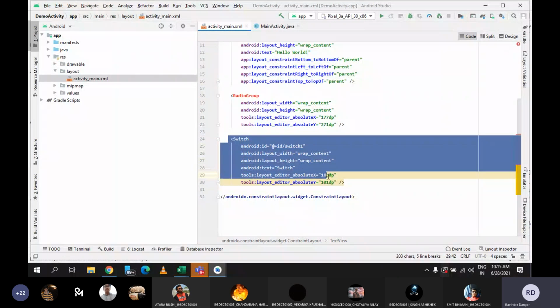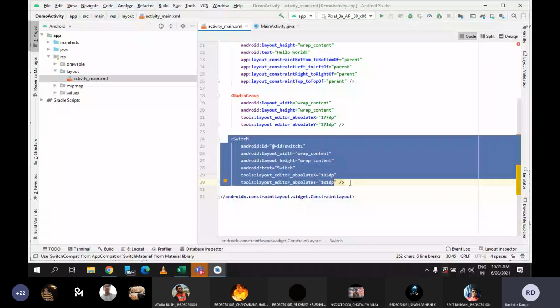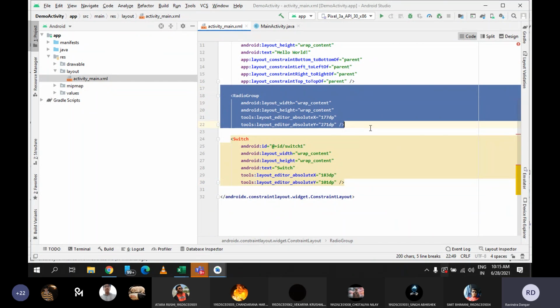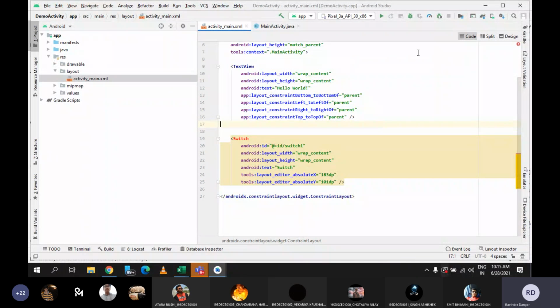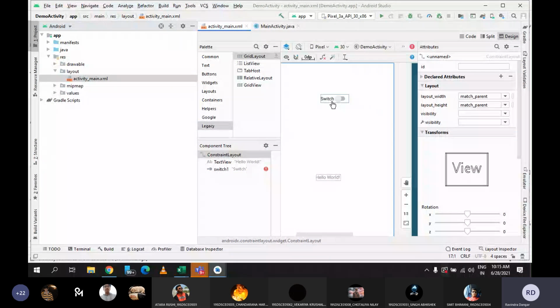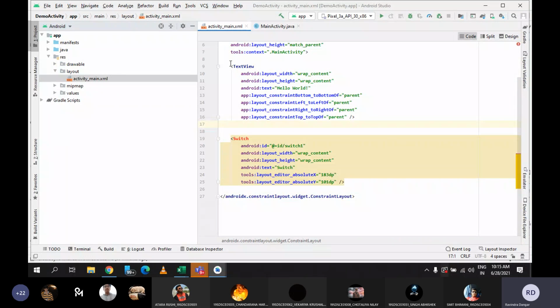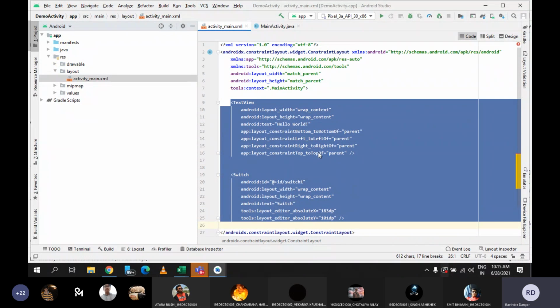Once I dragged the switch and dropped it here, it wrote the entire code. Radio group is as of now not visible because we have not put the radio buttons. In the design view you can see there is one switch, there is one text view, and code for both controls is here. It is the same file, but with a different view.